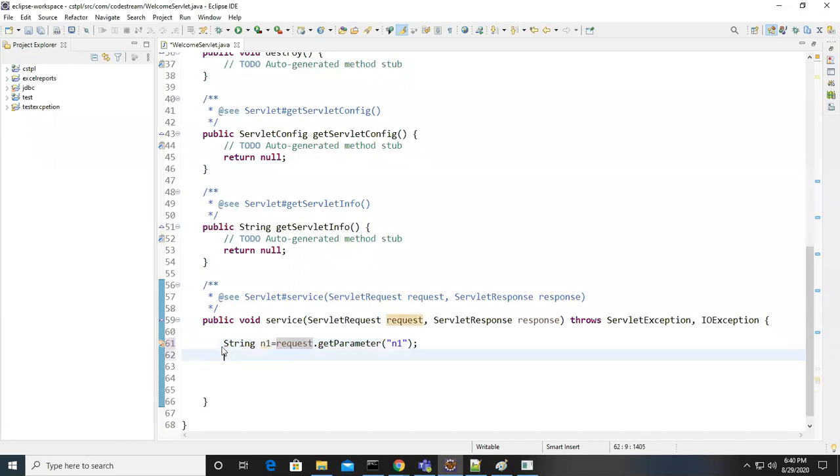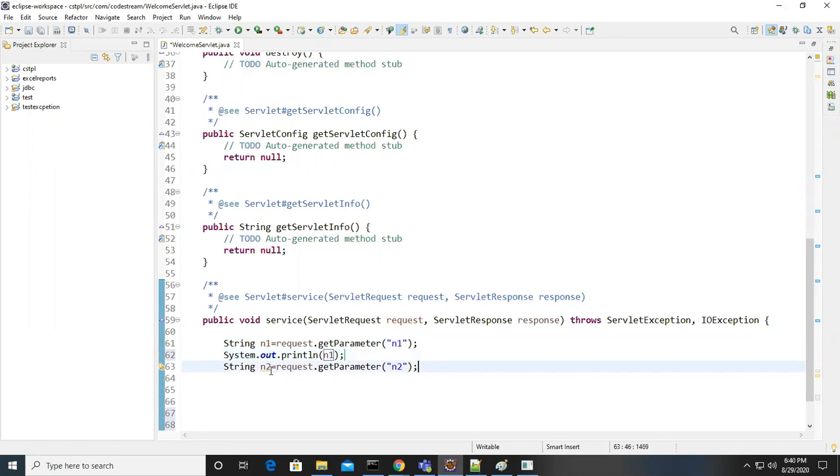And String N2 equal to the same request dot getParameter, where the parameter name changes to N2. Now if you want to display those numbers, whatever you captured, you can display them or do anything with them. Okay, so why I'm taking a string input.